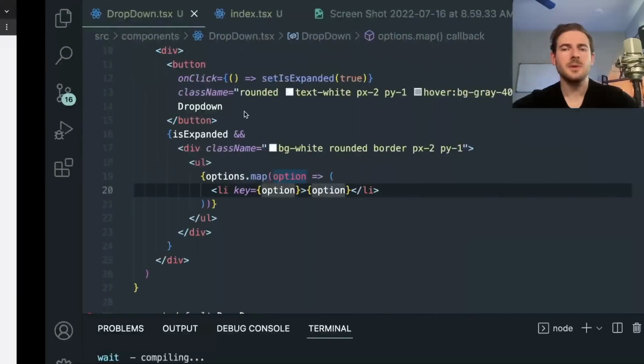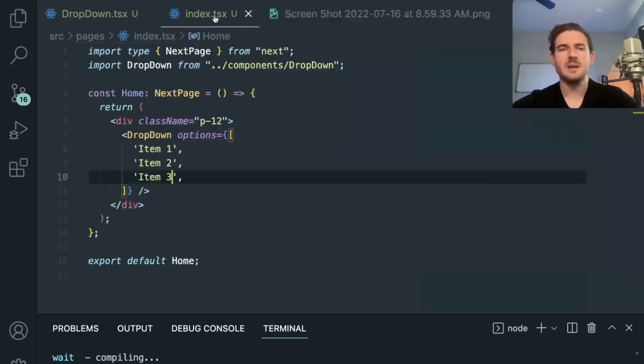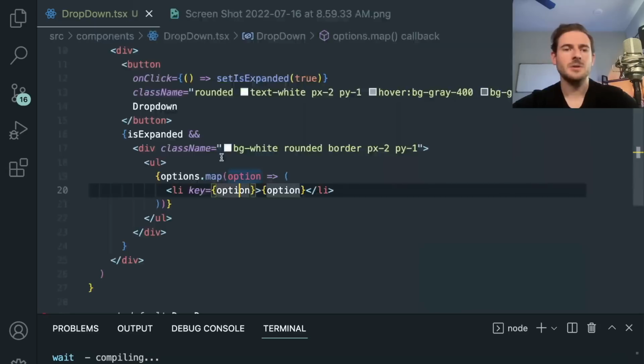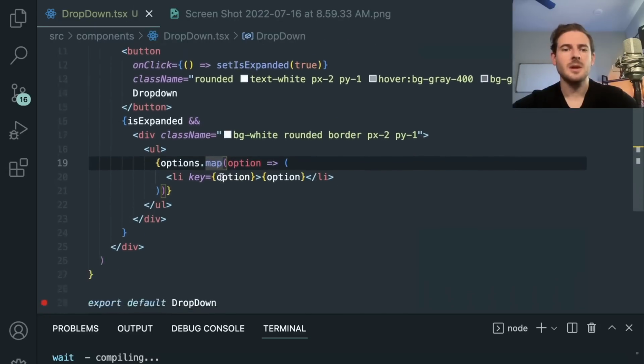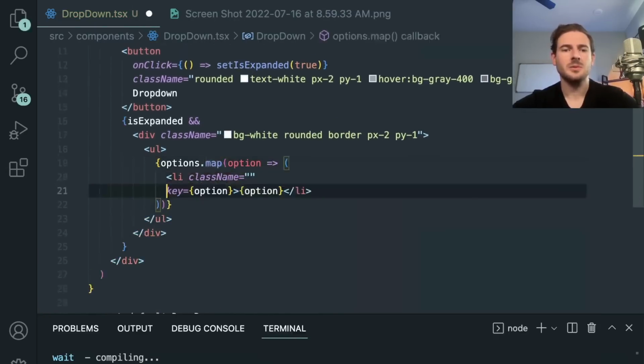So now what we want to do is, I'm assuming that they have some type of hover state. When you hover over the item, it changes to blue. So let's try doing that. Go back to the drop down and let us style this thing. So I'm going to say className is equal to